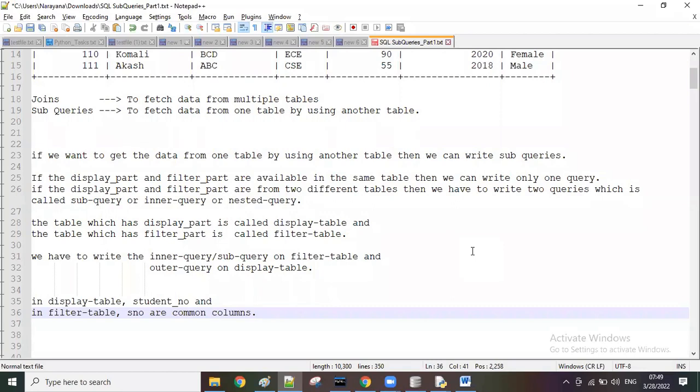Common column means don't think that the name can be same or different. The common column means the data type must be same, and some values must be same. That's called a common column. Don't think that because here it is student number and SNO, with different names, it's not common. The name can be different; check the type and check the values. Okay, common columns. So we have to use